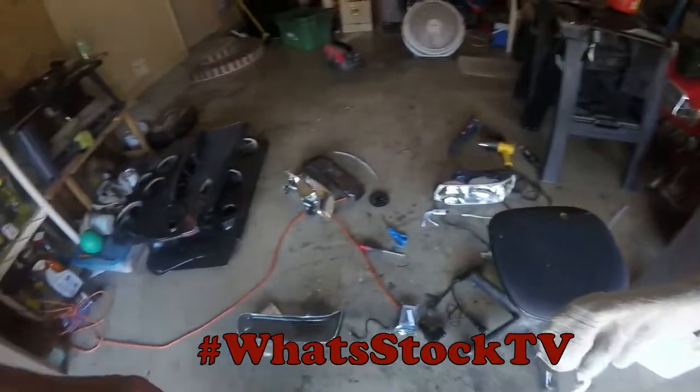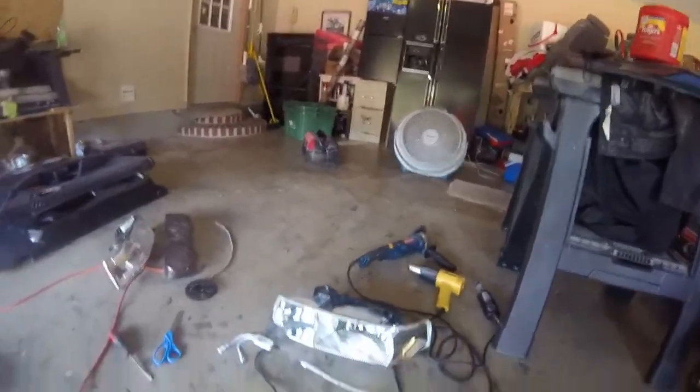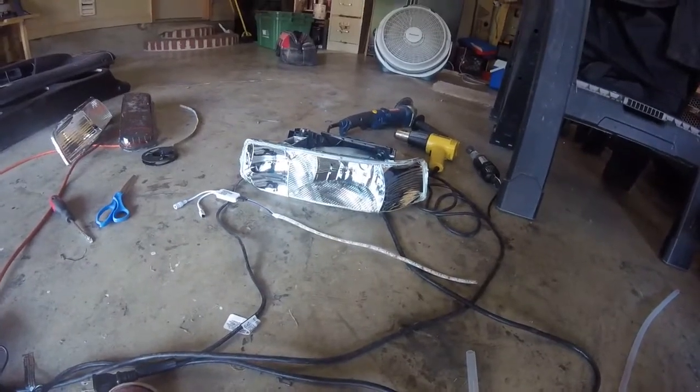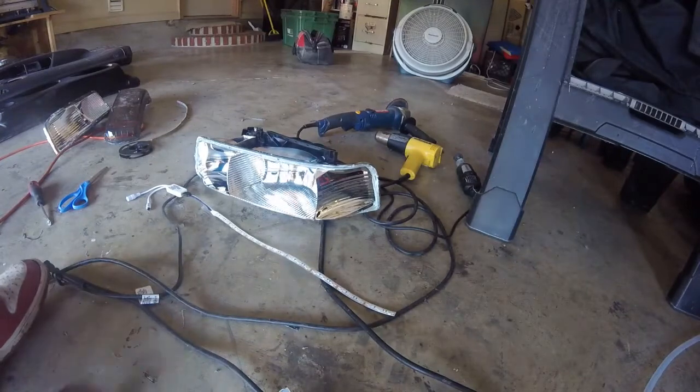Alright, what up, y'all? So, as you can see, it's a mess down here. But this is what I'm working on. Another Silverado. I say another, but it's only been, I think this is the third one this time. So, what I'm working on is